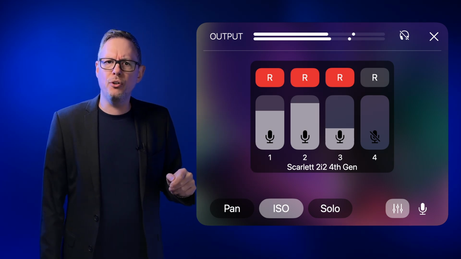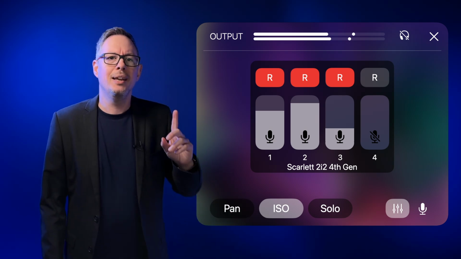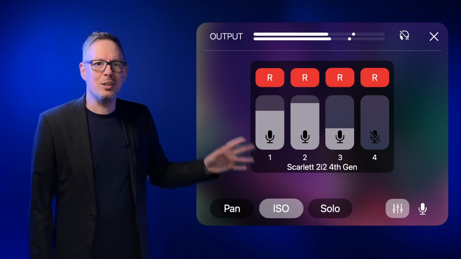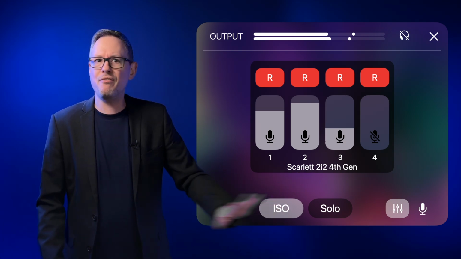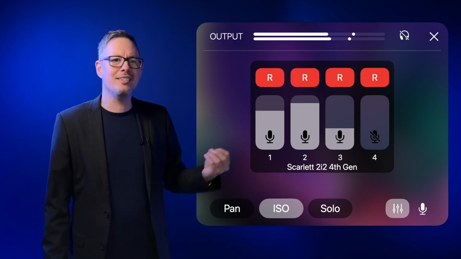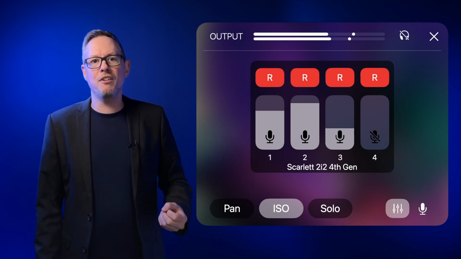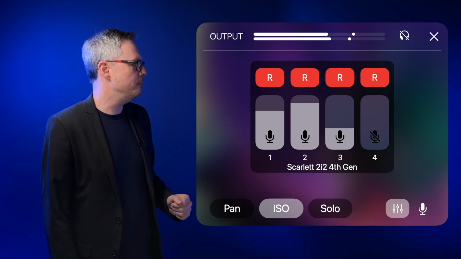But what about channel 4? I mean, that's turned off, right? Well, it is, but I can still record it. So I can leave it completely off for the entire gig. If it's a live stream, never goes out. But what I can do is a refactor later where I use that microphone 4 should I need to.